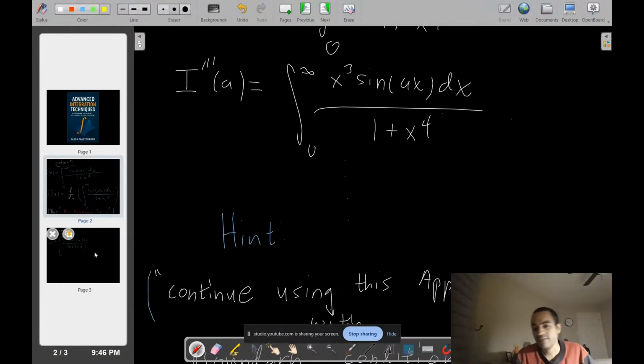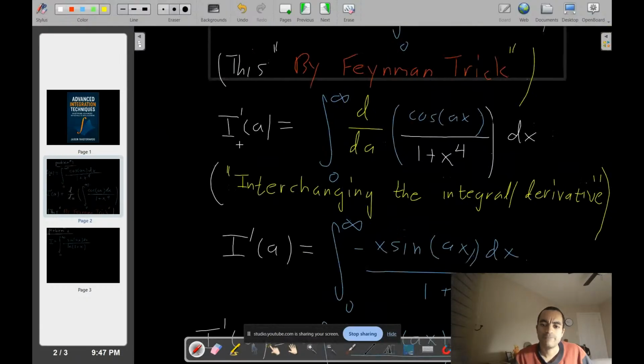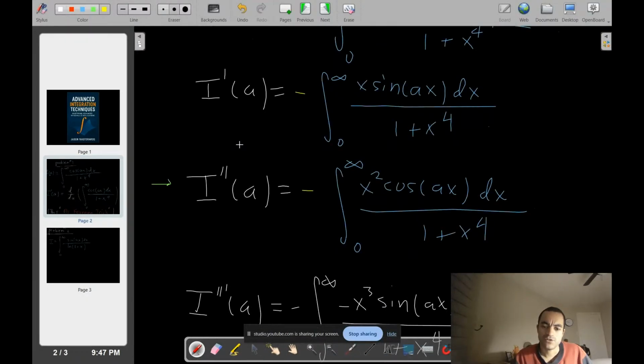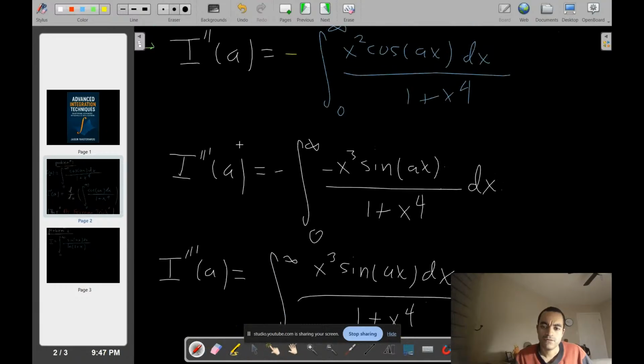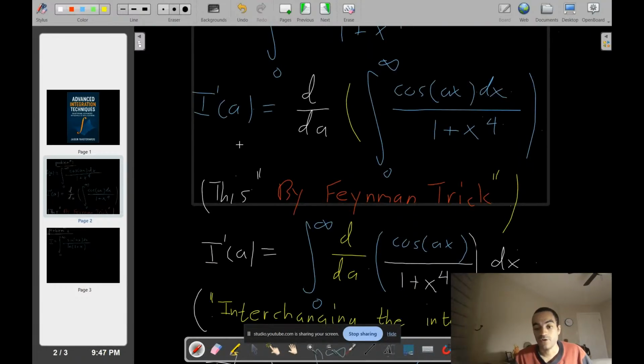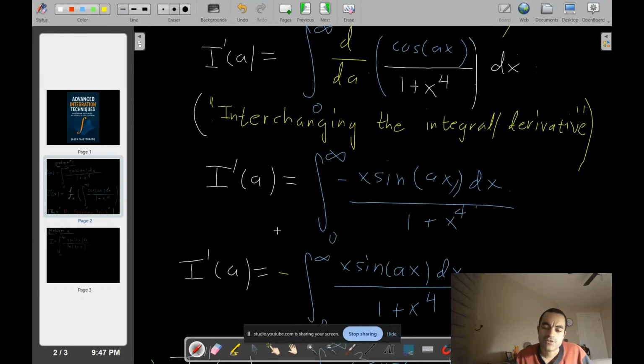All right. And there's also multiple ways of doing this. You could either have used this method, the Feynman trick, or you could have used something called contour integration. It's up to you. Just to let you know, contour integration would be faster. It's still annoying, trust me. You apply a correct contour, you find your poles and stuff like that. It makes it easier, but it's still an annoying mess. But for the Feynman trick, it gets really annoying.